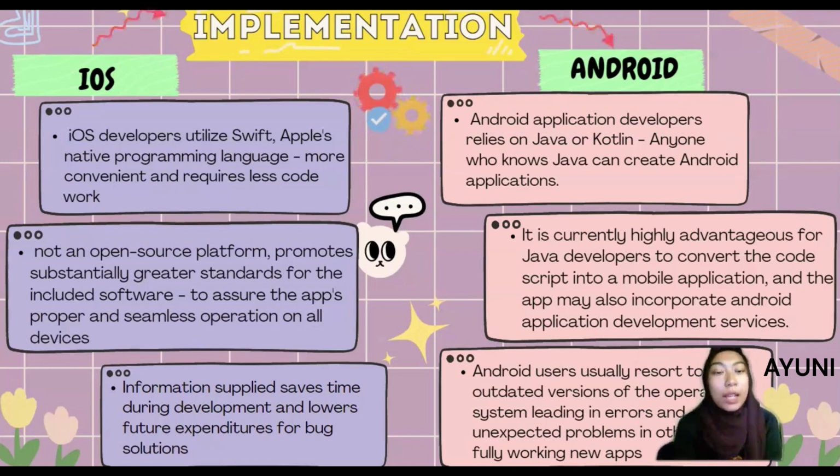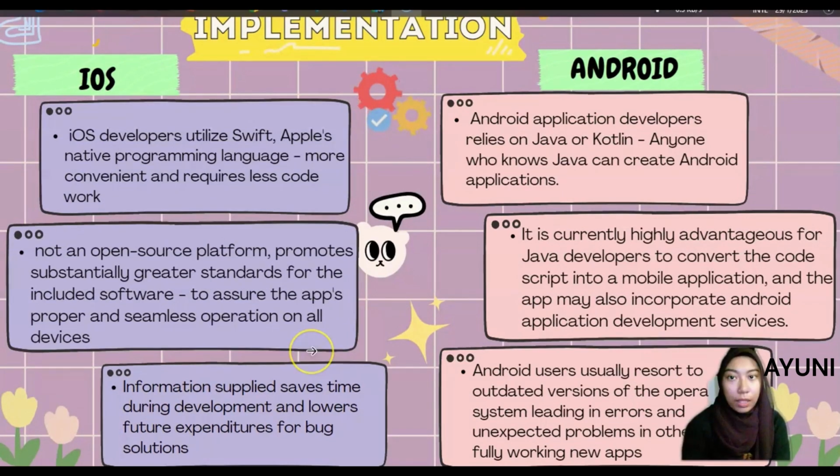For Android, it is currently highly advantageous for Java developers to convert the code script into a mobile application, and the apps may also incorporate Android application development services. Next, for iOS, information supply saves time during development and lowers future expenditures for bug solutions. Android users usually resort to outdated versions of the operating system, leading to errors and unexpected problems in otherwise fully working new apps. So, as a result, I think implementation in iOS needs less time, cost, and work compared to